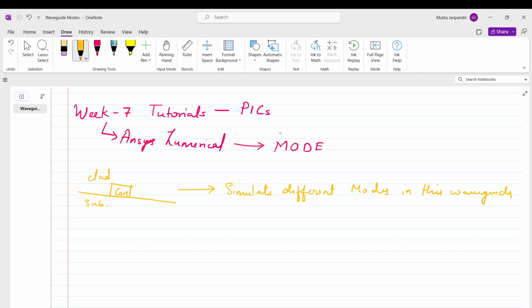We'll use this mode simulation software by ANSYS, and we will simulate the different modes that will be present in the waveguide. We'll see which are the propagating modes and which are not propagating. And we will design a waveguide so that we get a single mode condition. So we'll design a single mode waveguide.